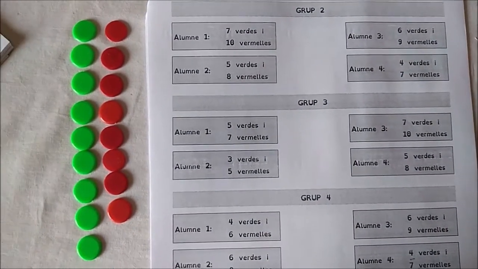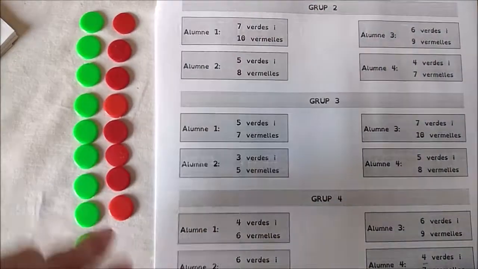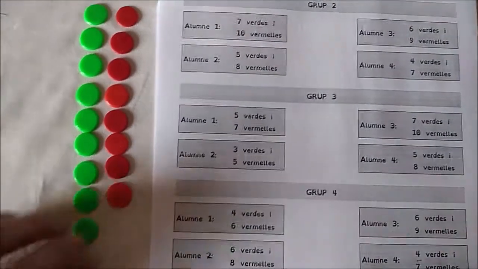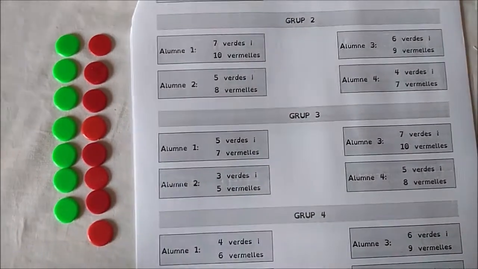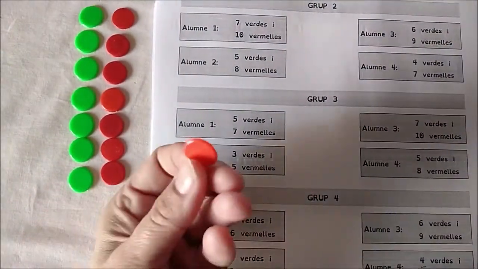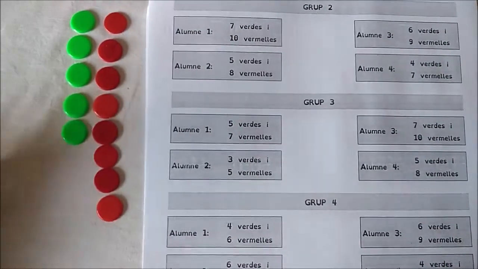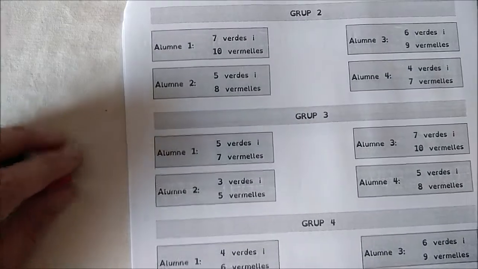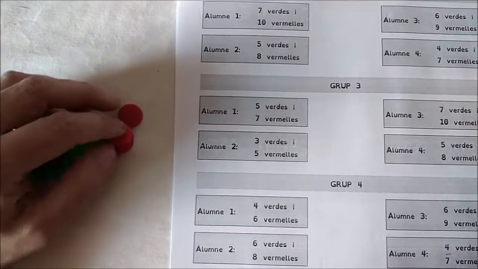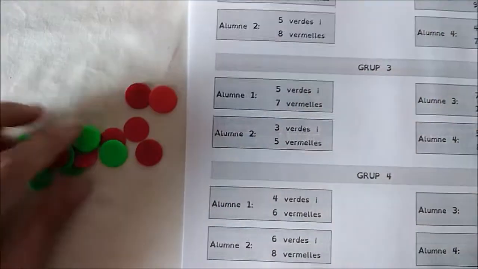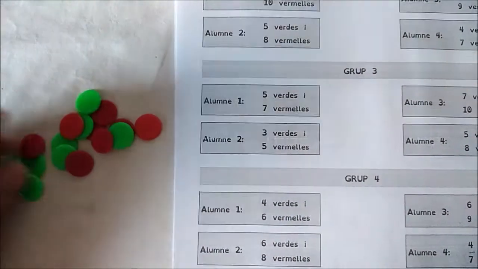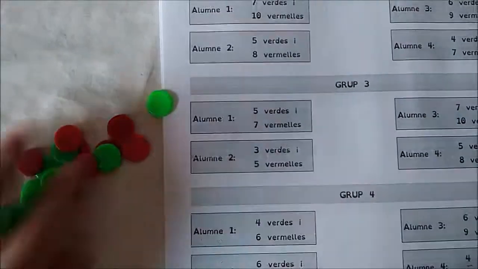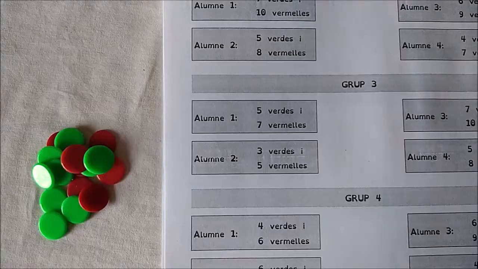The first thing you have to do is, according to the paper you've been given and the chips you have, count how much money do you have or do you owe. A person who had this number of chips means that he owes €1. This person owes 3. Okay? You have to draw it on your papers. Round green and red chips, meaning that this one is positive and this one is negative. Write down on your papers.